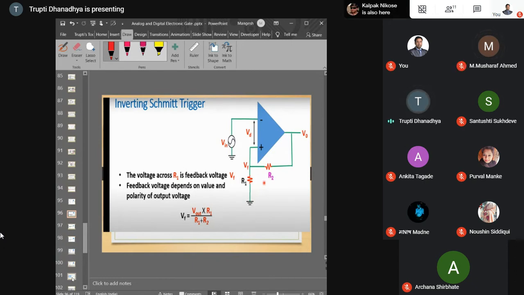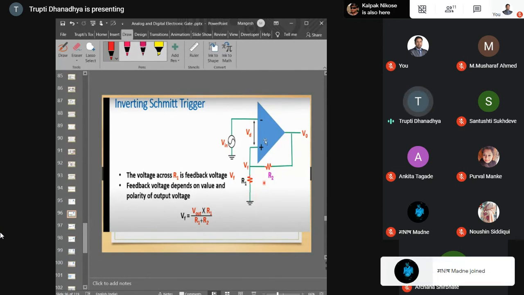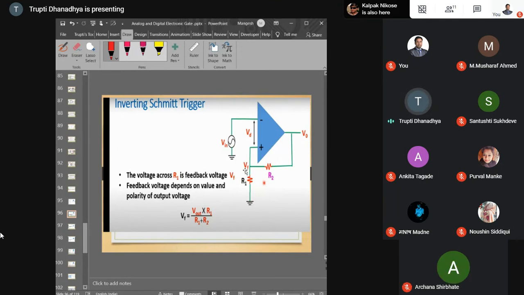If I'm saying that, please apply the voltage divider rule to R1 and R2. And why I want the voltage, of course, you already wrote here the voltage divider rule. I want the equation for VF. How should you apply a voltage divider rule to the Schmitt trigger? Having an idea or not? Please let me know. Otherwise, I will explain you. No, ma'am, you can explain. Okay, in network analysis, it is covered, I think.